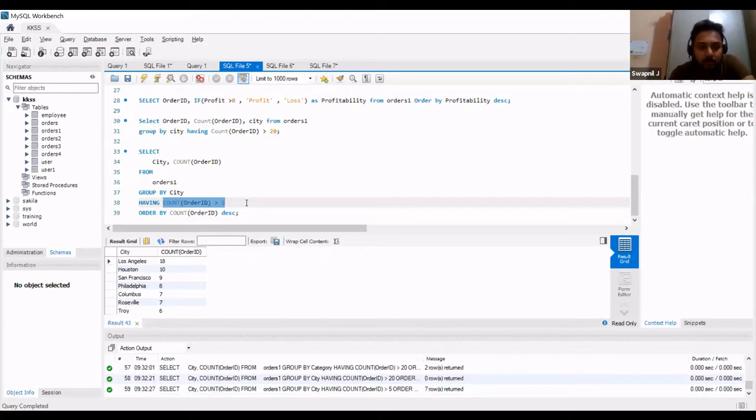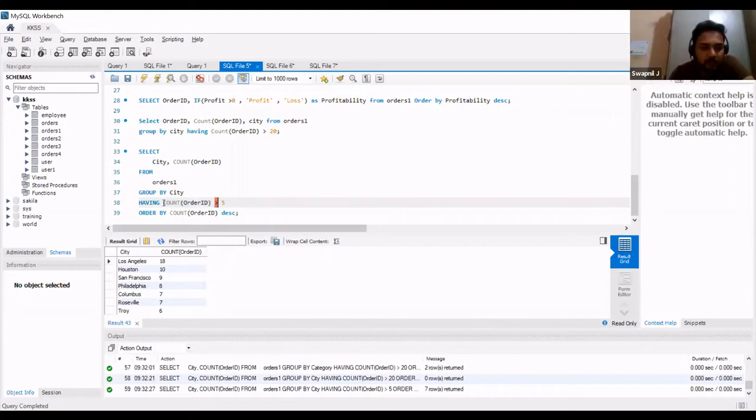So, would the where clause work here? Yeah, where clause also works. Okay, then is there any difference? Like, in some cases only can we go for having, or is there some limitation? Most generally we use having and group by as a pair, and you need an aggregate function for it.